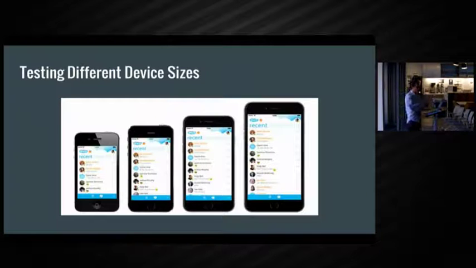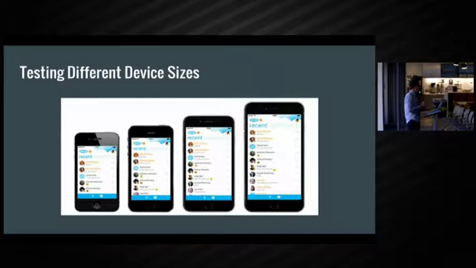Since we're already running all these tests multiple times, it'd be nice to handle different device sizes. Apple, every couple of years, releases a couple of new device sizes. Fragmentation right now is worse than it ever has been. It's also really expensive to test this normally. If you're doing manual testing, you need to go buy all these different devices and test on all of them, which can take a lot of time.